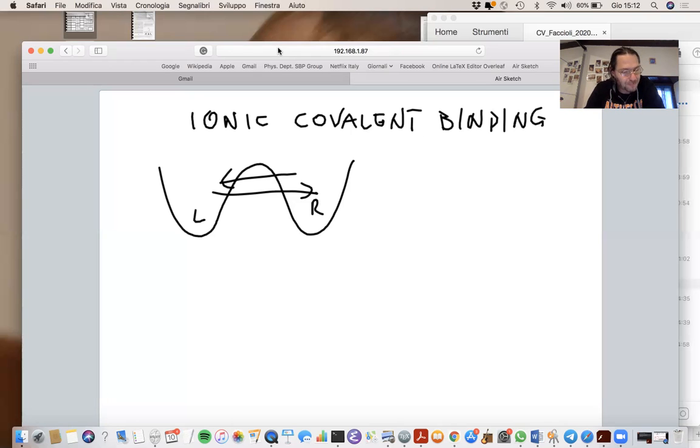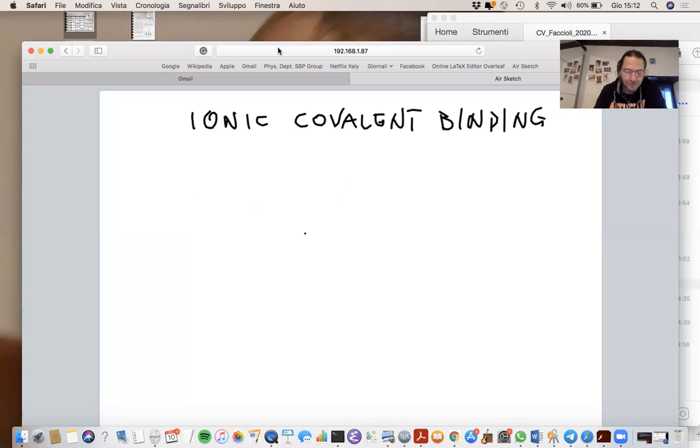But yes, it's something that goes as if the particle, in this case the quantum mechanical particle, were going below the barrier, jumping out on the other side, hence the name tunneling. So one of the interesting features of today's lecture is that we shall elaborate on this connection and show that, in fact, the simplest model for ionic covalent binding does involve a form of tunneling. To do that, let me remind you that when we were studying this double well system,